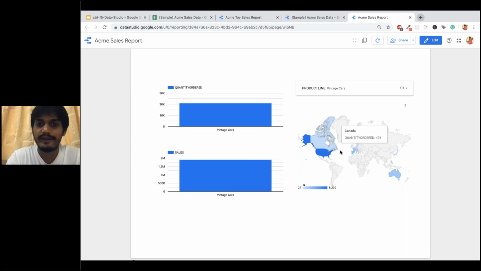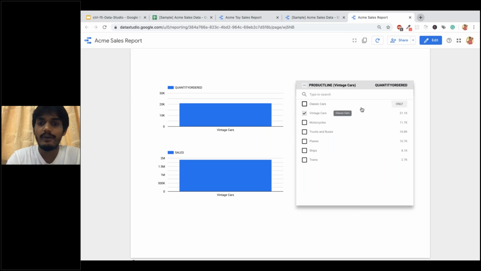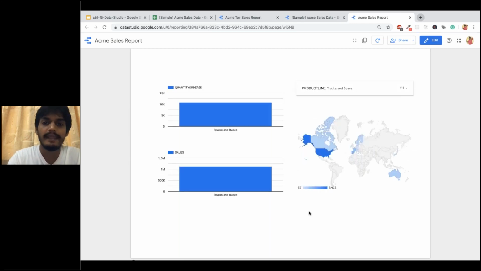And then I'm going to go ahead and see different kinds of countries. Turns out the US is the best place to sell vintage cars. Now let's say I want to figure out where trucks and buses are doing their best. So I'm just going to select trucks and buses again, and again the US is the place where it's doing the